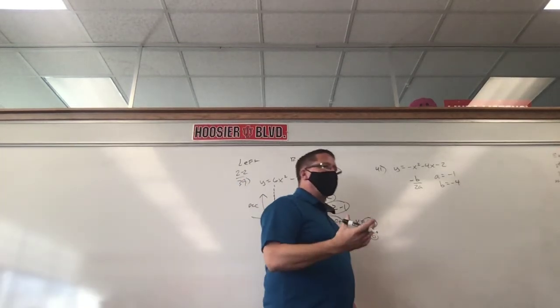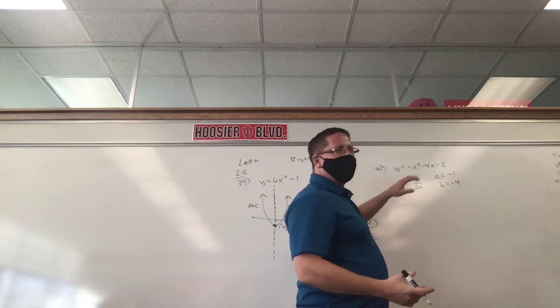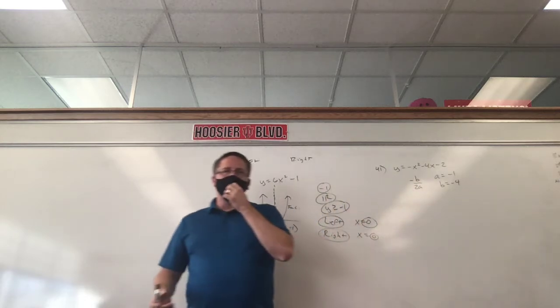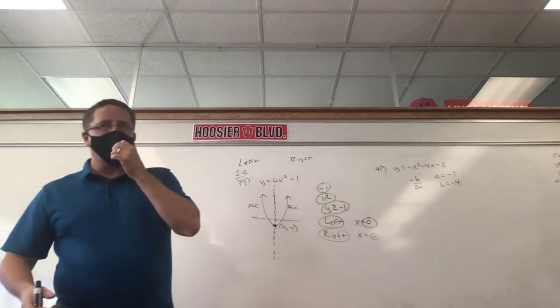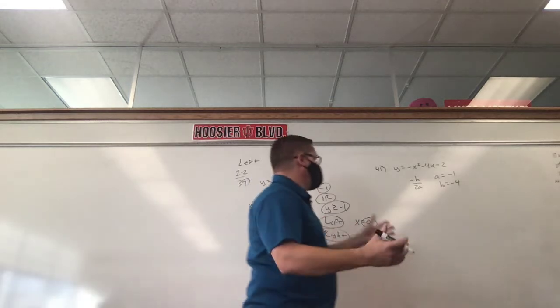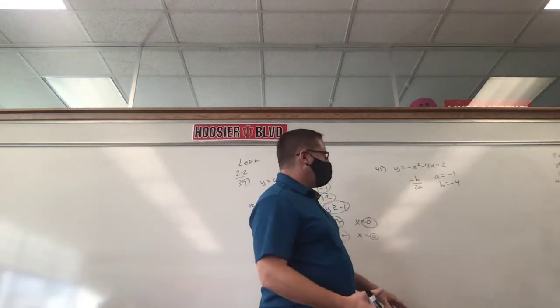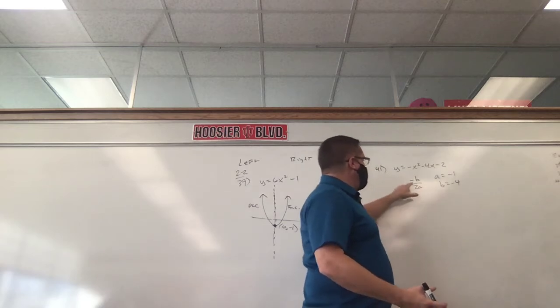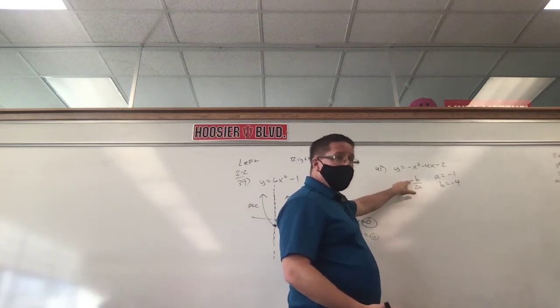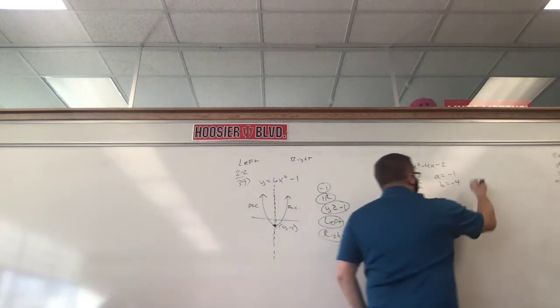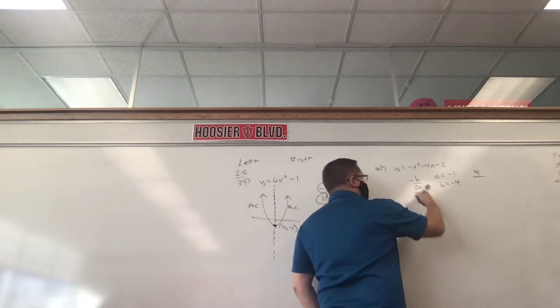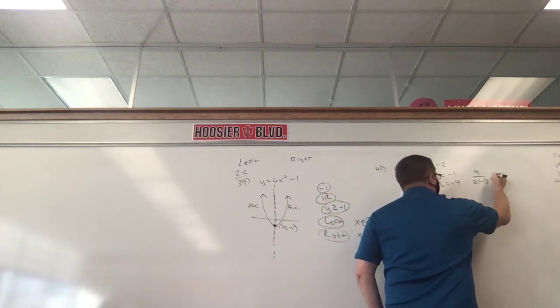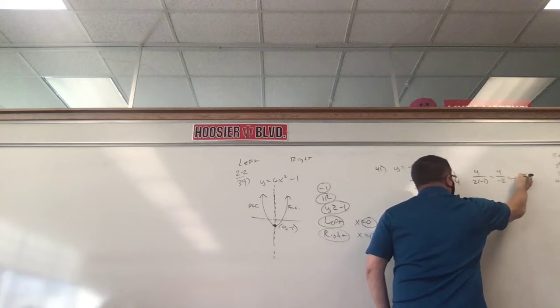Again, be careful here. I think I said this yesterday once. I'm going to say it again. I really shouldn't be saying negative B. It's not wrong, but I think it'd be better to say the opposite of B, because some students think, well, there's got to be a negative on top. No. B is -4, so the opposite of B is 4, over 2 times -1, which is 4 over -2,